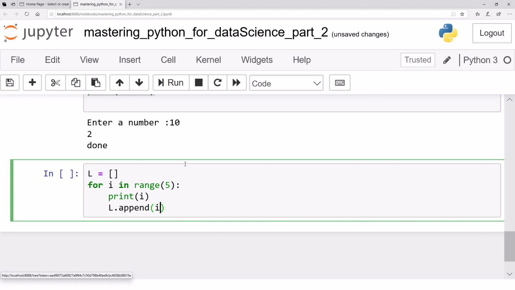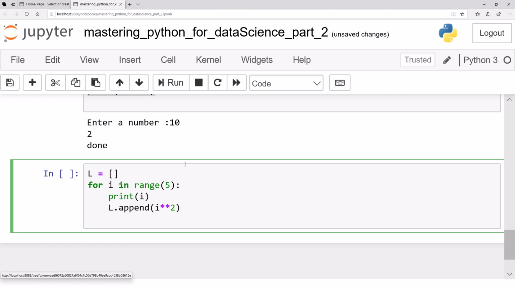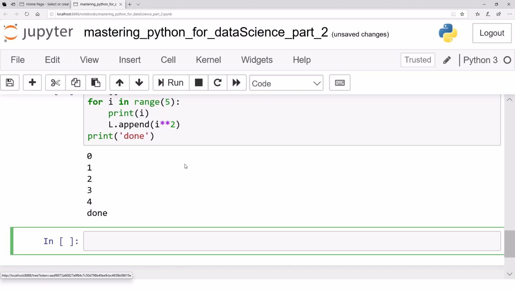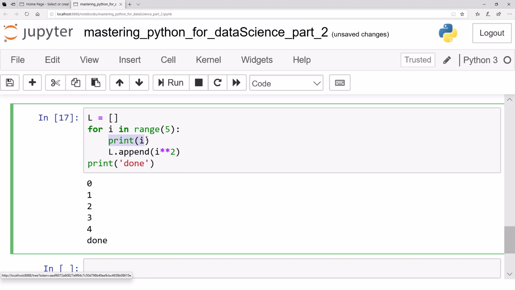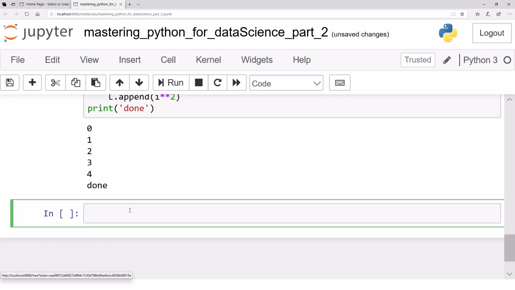What do you want to append? The square, or the power 2, of i, and that's it. And once you are done, maybe you need to print that I'm done. So you can see this, and that's what is printed. If you want to see the list L right now,